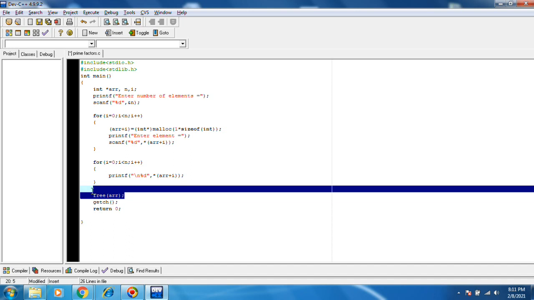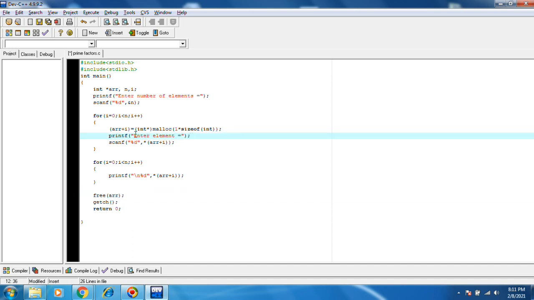This is releasing the entire memory. Why is it not coming? Oh, scanf should be arr only, arr plus i. Let it be like this.